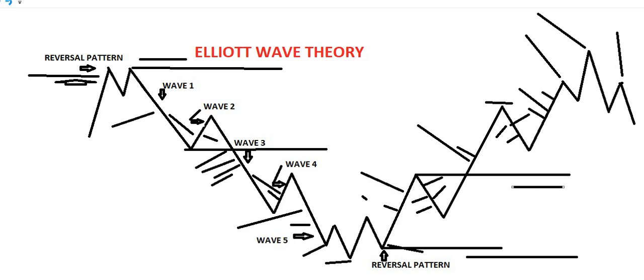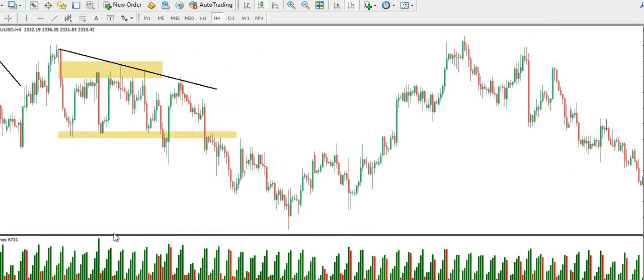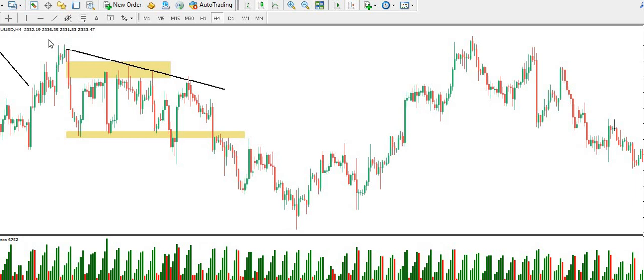So this was all about the illustration and rules of Elliott Wave Theory. Now let me show you an example of this theory on a chart. So what was happening at this point? The market was in a clear downtrend. The market was making lower lows and lower highs. Then what happened? The market formed a reversal pattern, which you can say this was the first shoulder,